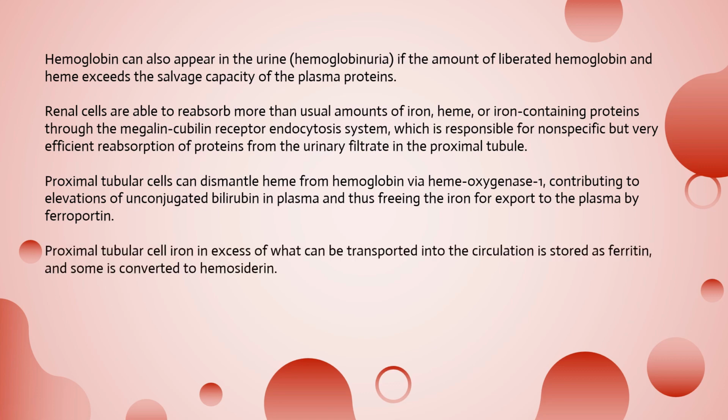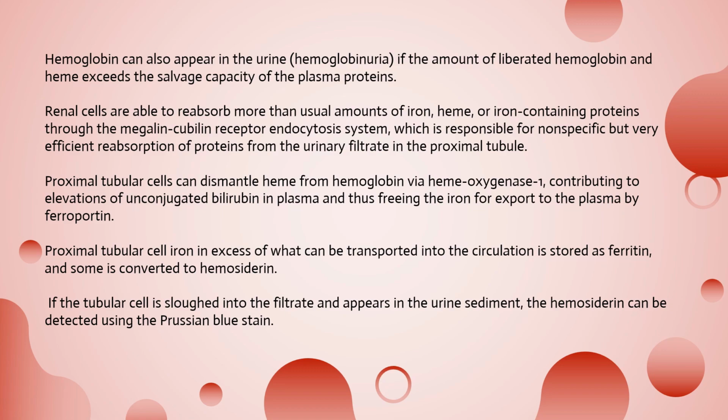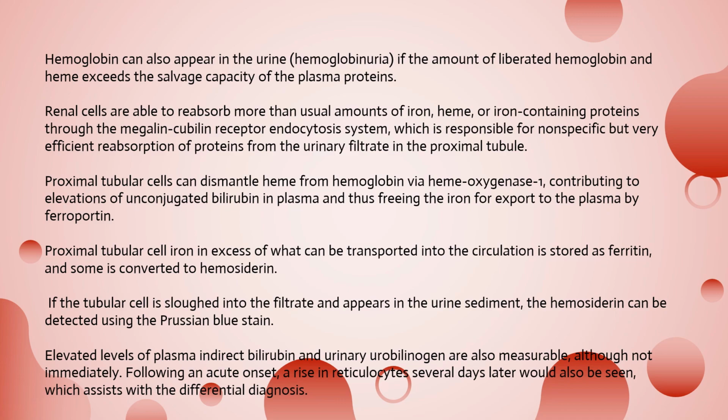Proximal tubular cell iron in excess of what can be transported into the circulation is stored as ferritin, and some is converted to hemosiderin. If the tubular cell is sloughed into the filtrate and appears in the urine sediment, the hemosiderin can be detected using the Prussian blue stain. Elevated levels of plasma indirect bilirubin and urinary urobilinogen are also measurable, although not immediately. Following an acute onset, a rise in reticulocytes several days later would also be seen, which assists with the differential